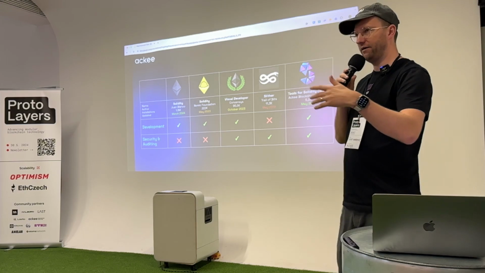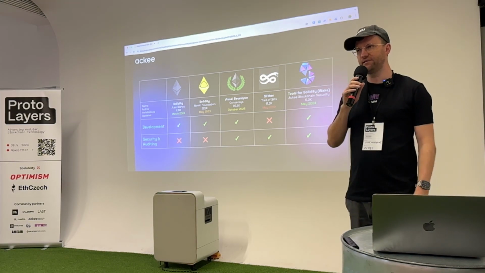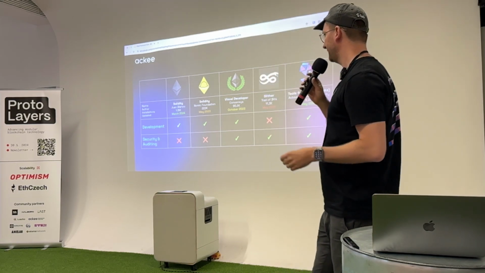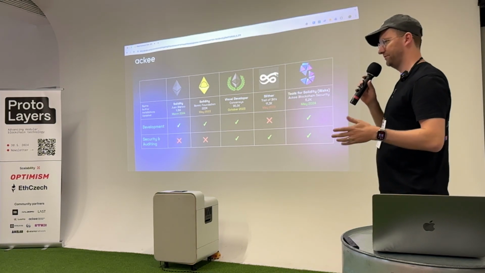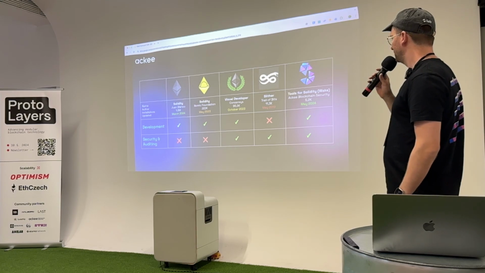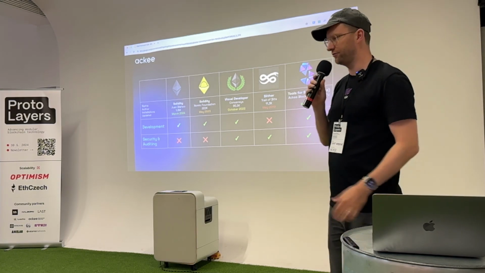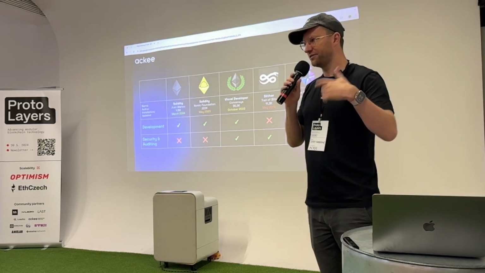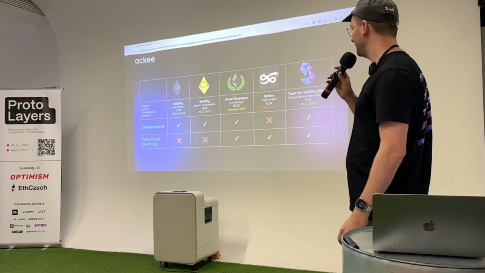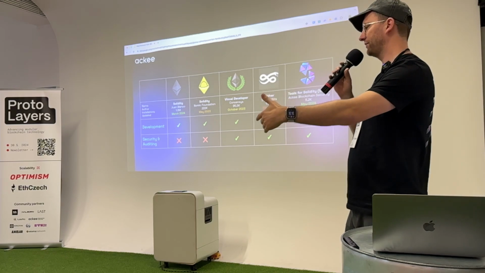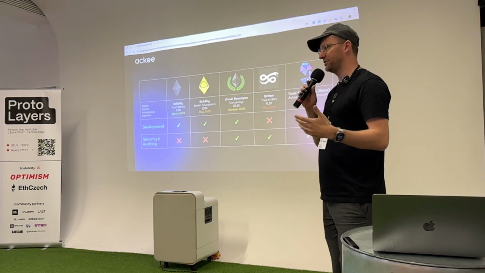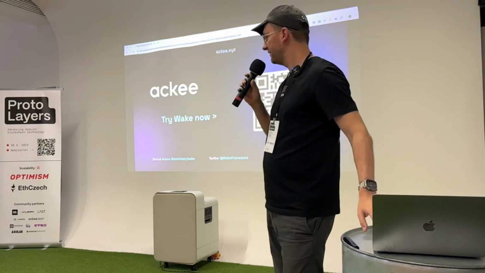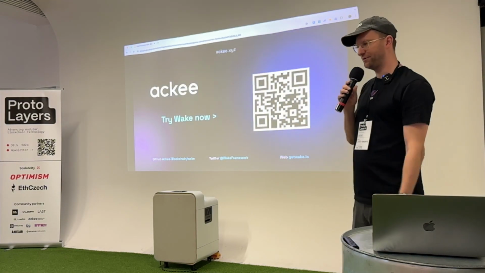And if we compare again with the existing extensions, our focus was to cover both the security aspect and the development aspect. So we believe our extension, because it's the newest one, is the richest in features. But of course, the previous extensions have many more users because they have been in the space longer. But thanks to the Wake framework in the background, we have the advantage that we can also help with security. So these are the extensions,